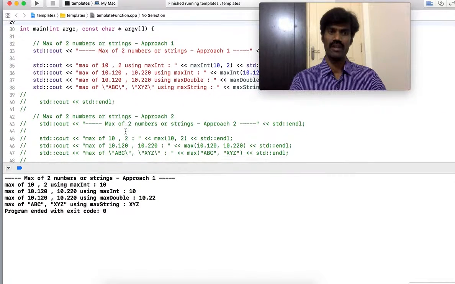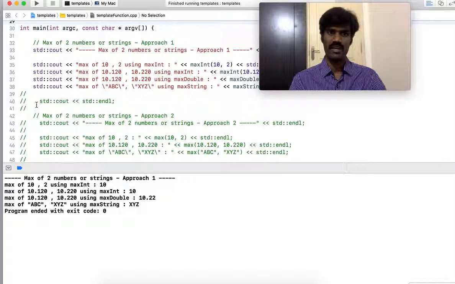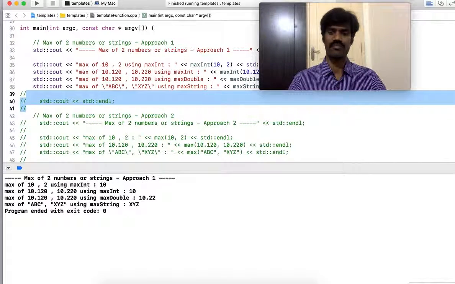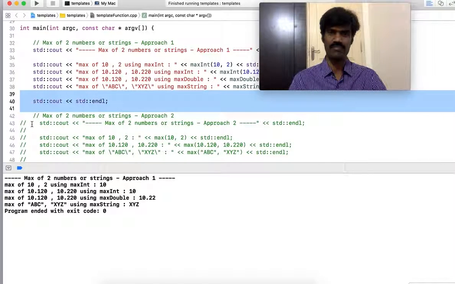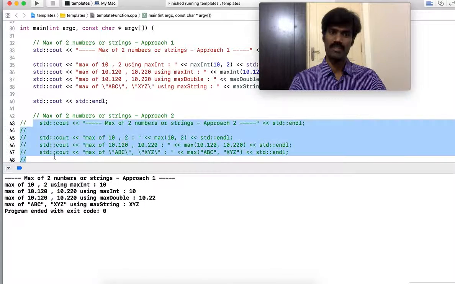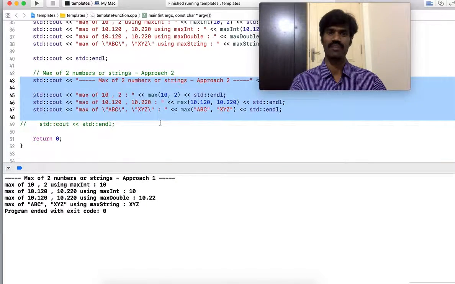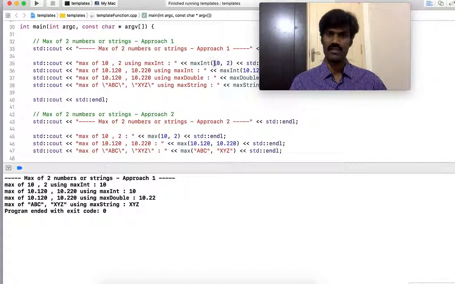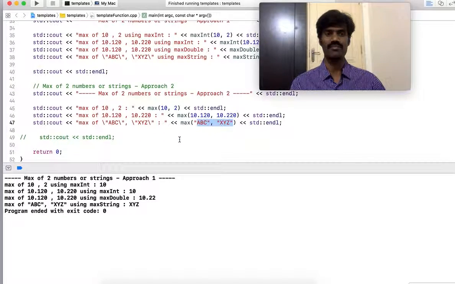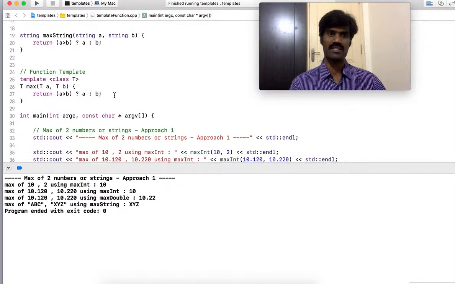Now I am going to make a call to this new function, and I'll be passing the exact same set of inputs which I have used last time. So I have used 10 and 2 initially during approach 1. Same values I'm going to pass for max. Similarly, the two double values I have used earlier and the string values I have used earlier. When I pass these set of values